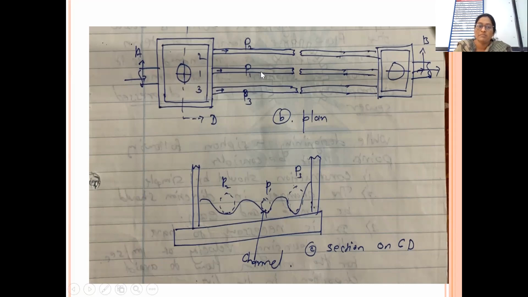Okay, so there are three pipes, P1, P2, and P3. Why do we need to go for three pipes? Though here is only one pipe. Up to this, there is only one pipe. But here we are going for three different pipes because for the emergency situation, for the maintenance, breakdown, blockages, in all such conditions, we need to have the substitute arrangement. This is the first thing. That's why we are going for the multiple pipes.